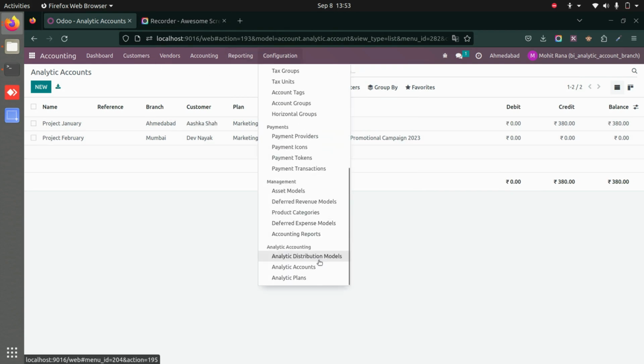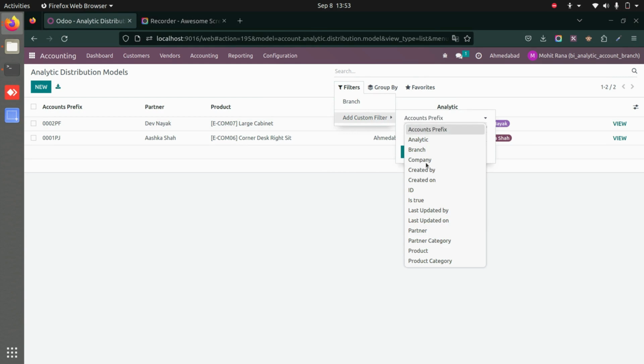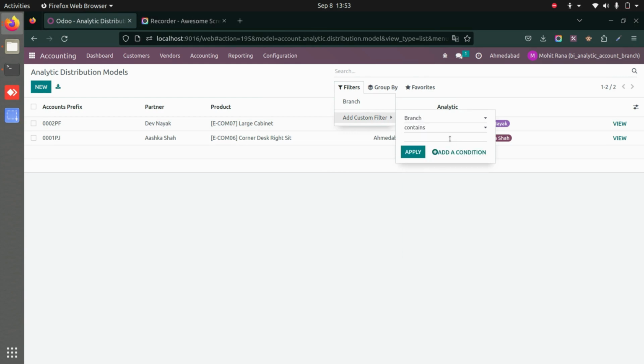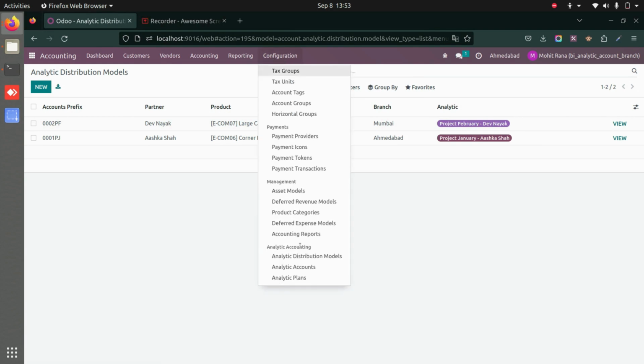Now if I go to distribution models, I'll be able to see the branch here as well, and similarly I can also filter this on the basis of the branch. So let's say I'll add the city. So here you can see it has been filtered by this particular branch. So we have the option of branch and filters for the branch in analytic distribution models, analytic accounts, and also